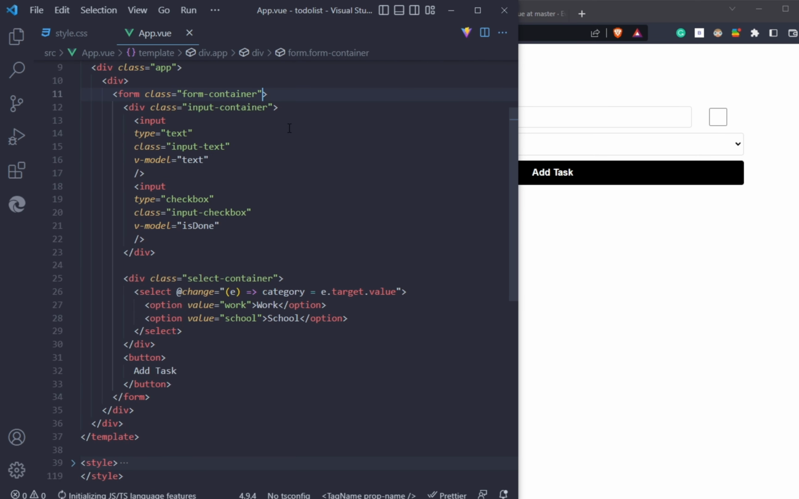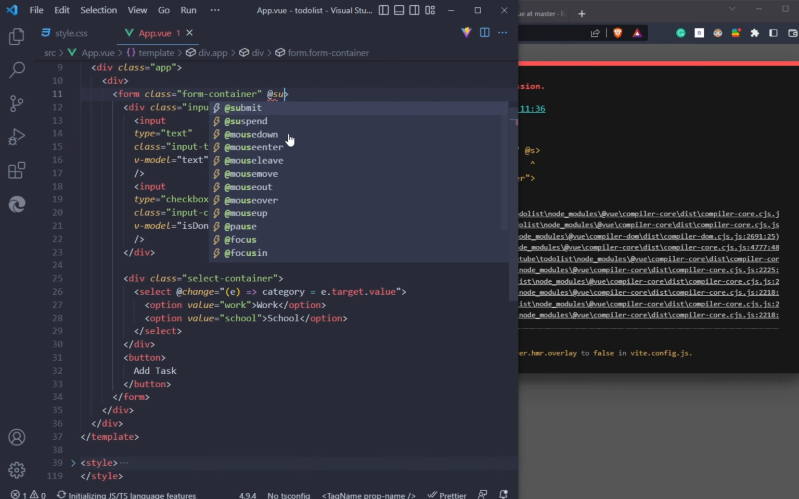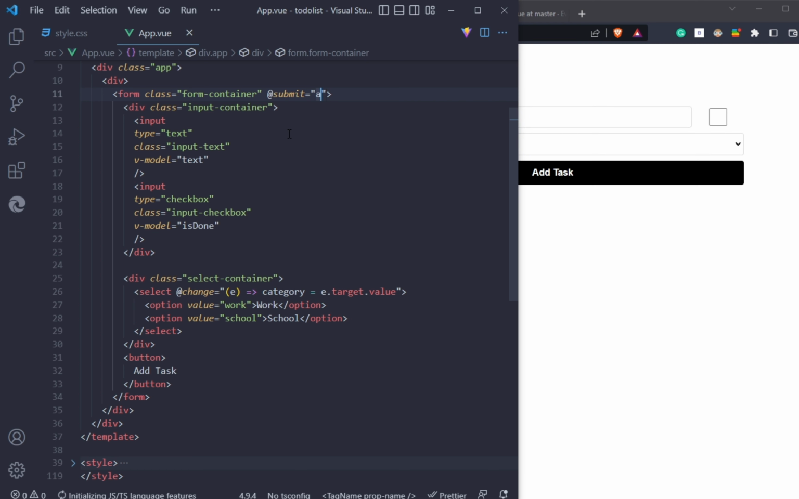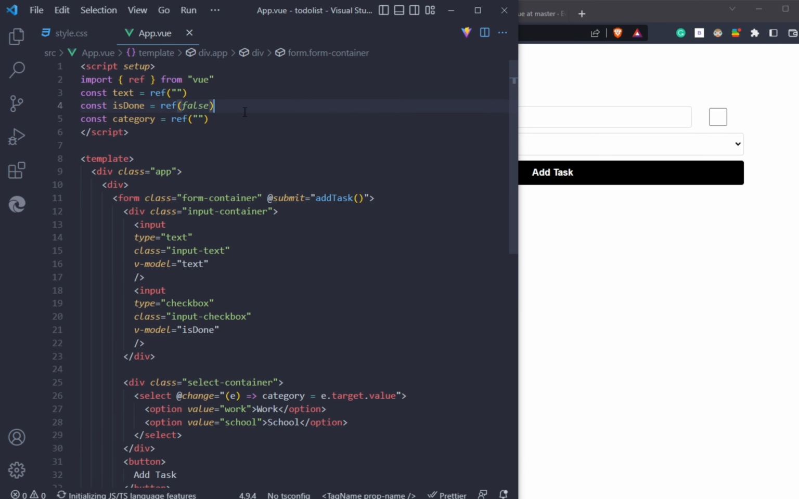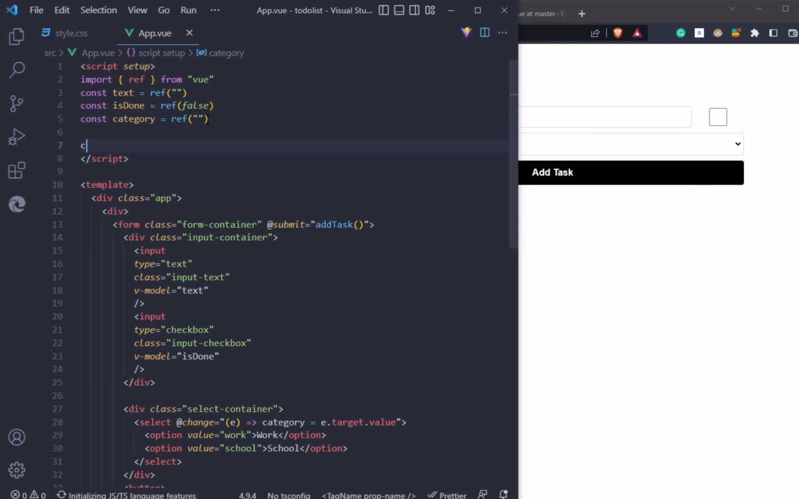So I want to, every time that I submit, so I can use the event of submit, I call a function that is addTask. And of course, this function is not created yet. We're going to create this function right now. So create a function named addTask